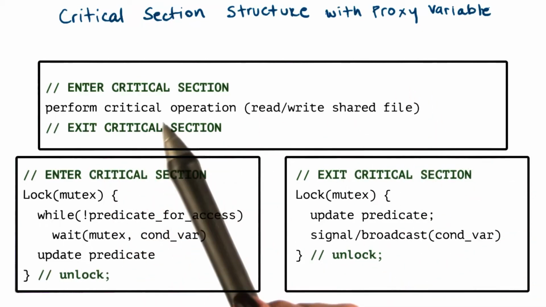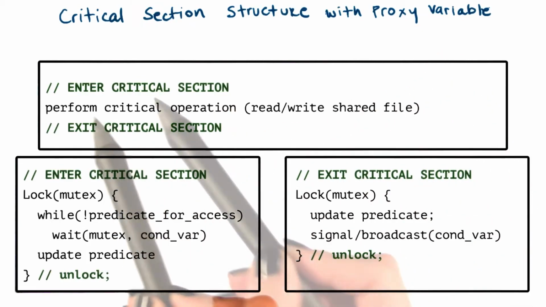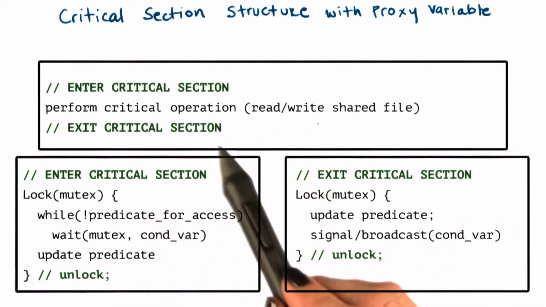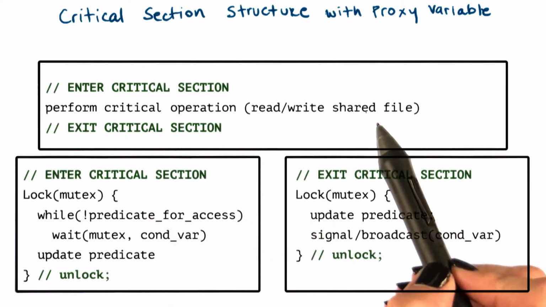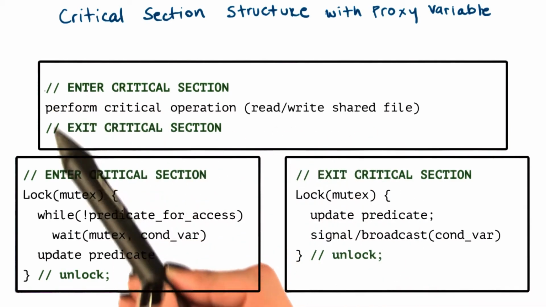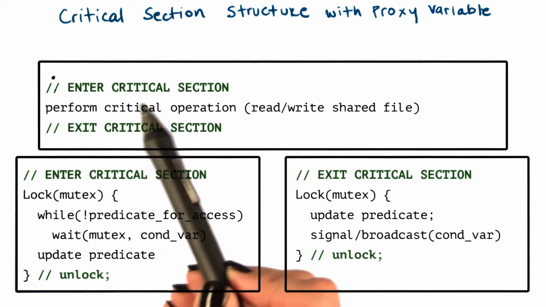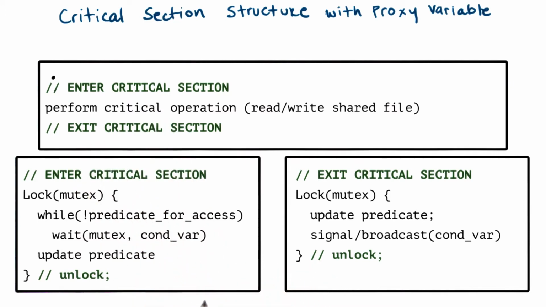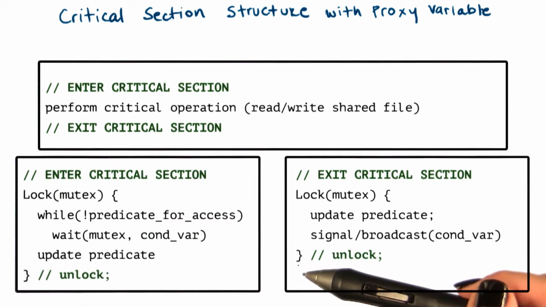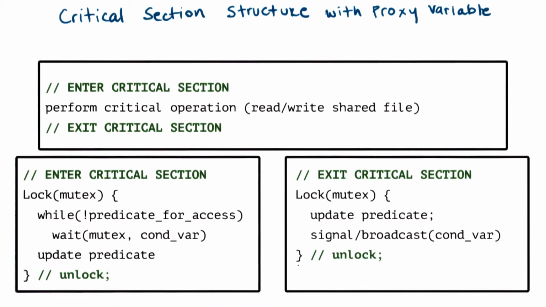So for examples like the reader-writer example, we have basically these common building blocks. The actual operations to the shared resource, the shared file, so the reads and writes of the shared file in this case, have to be protected with these code blocks, enter critical section and exit critical section. Each of these code blocks internally follows basically the critical section structure that we outlined just a couple of screens